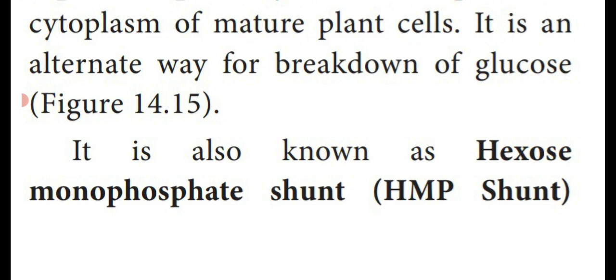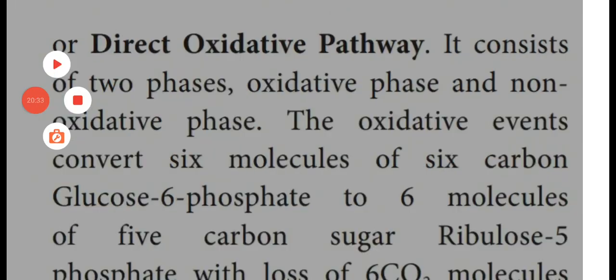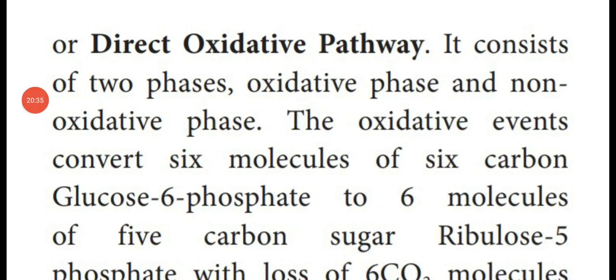So this pentose phosphate pathway, otherwise known as hexose monophosphate shunt or HMP shunt, is the important 1 mark question. Or direct oxidative pathway. This process takes place in 2 phases. One is the oxidative phase, another one is the non-oxidative phase. In the oxidative phase, 6 molecules of 6